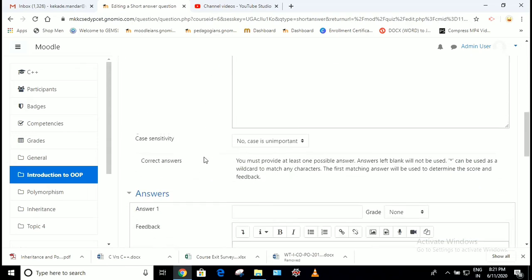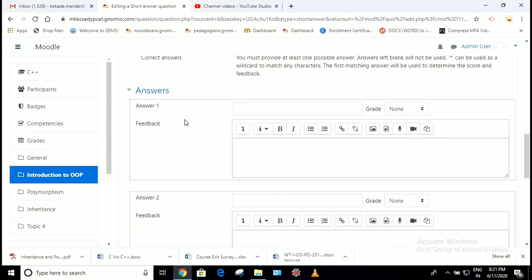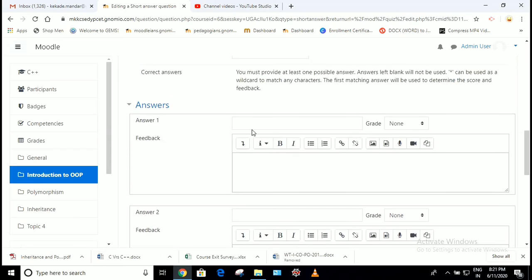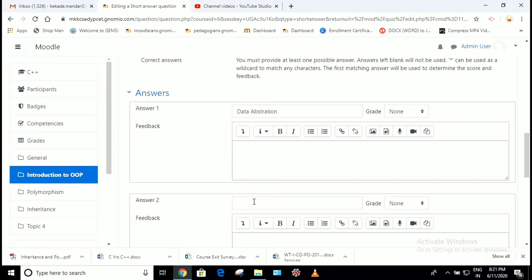Now, what is to be the answer? Again, we have to give the choices. The first answer, I am giving here, is data abstraction. Second option, inheritance.